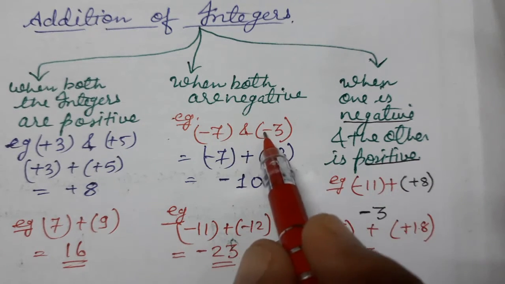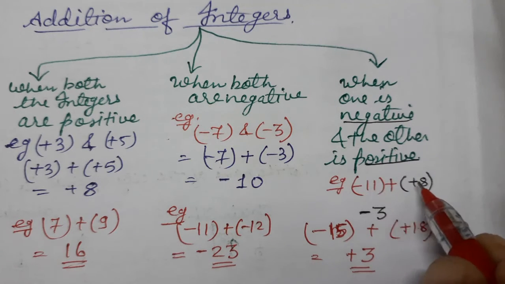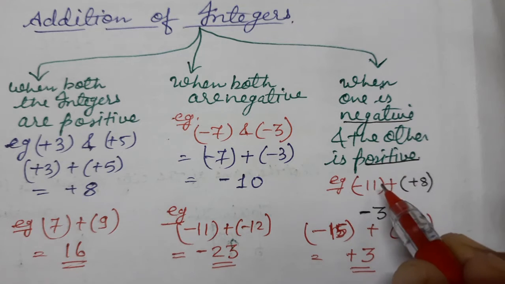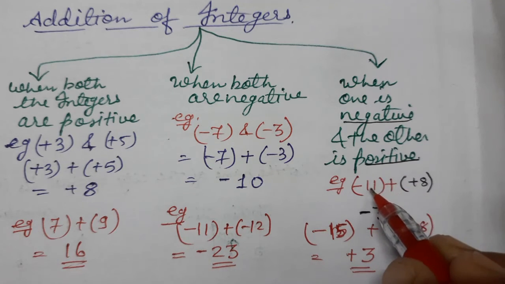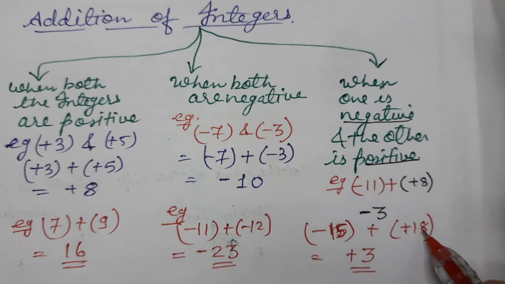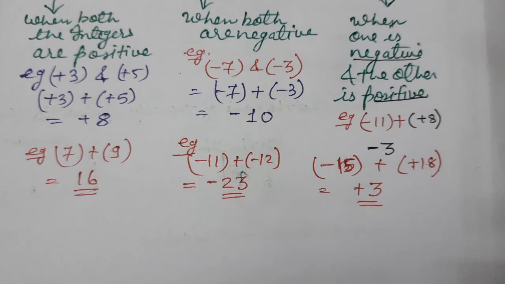Just important are these two: when both are negative, and when one is negative, one is positive. Always remember, अगर एक negative एक positive आता है तो subtract first and put the sign of the bigger one. जिसका भी bigger value है वो sign ले लेगा. तो 11 की bigger value है तो minus sign ले लिया. यहाँ plus की bigger value है तो plus ले लिया. So these are the addition of integers, and in short we can say,